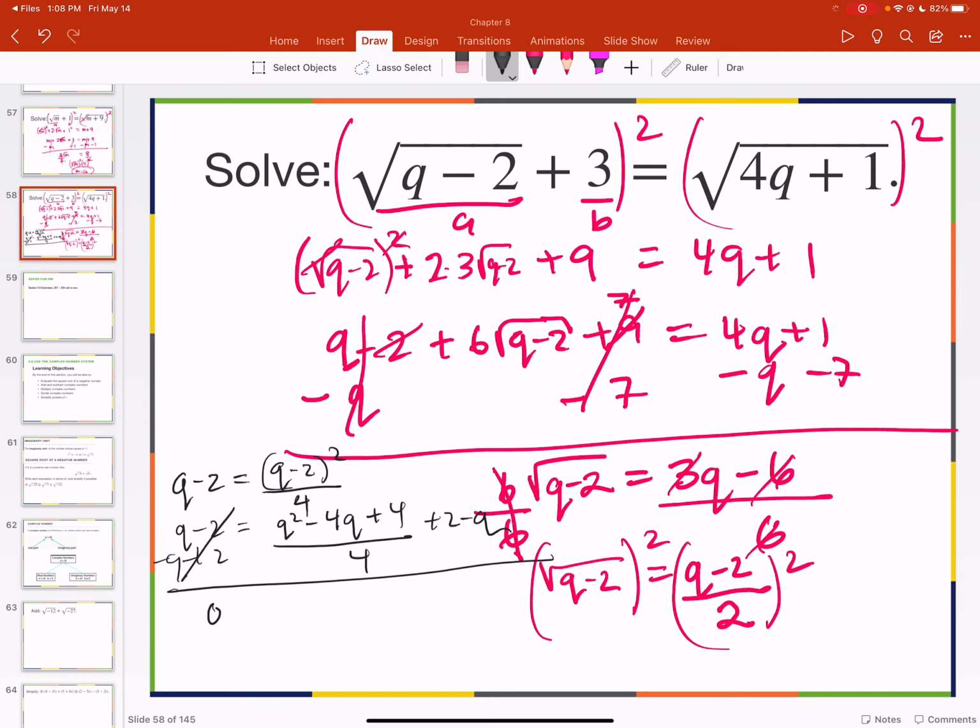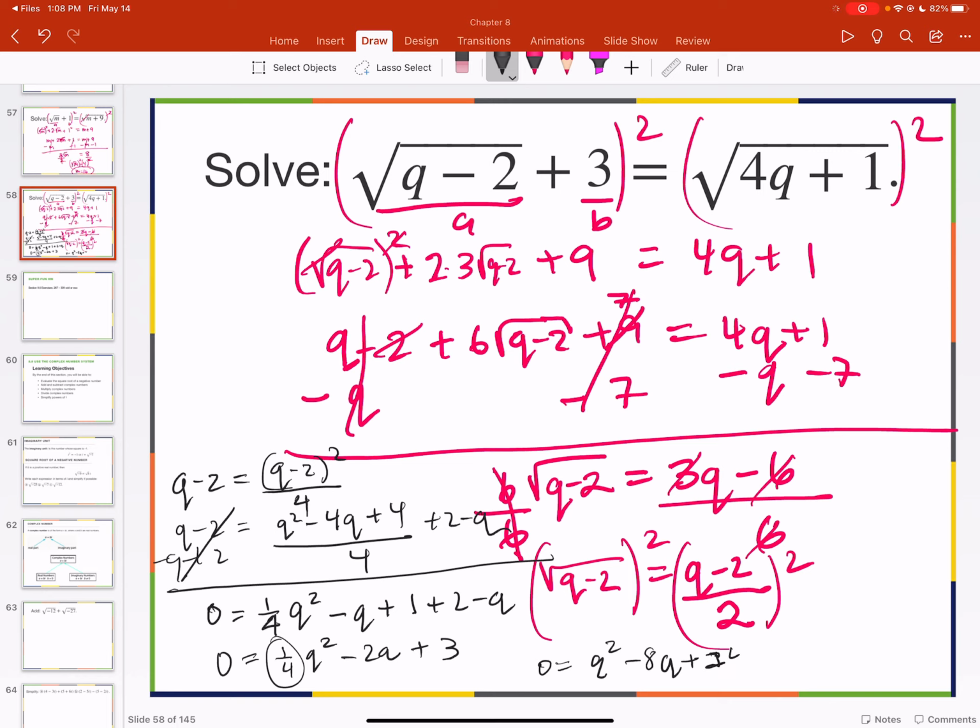Okay, so that's going to be 0 is equal to 1/4, I'm applying the 4 to everything. Q squared minus q plus 1, plus 2 minus q. Combining like terms, 0 is equal to 1/4 q squared minus 2q plus 3. This is a fraction, so let's multiply everything by 4. 0 equals q squared minus 8q plus